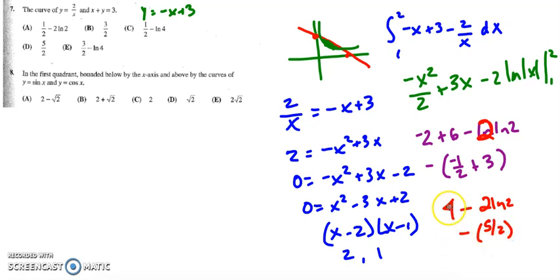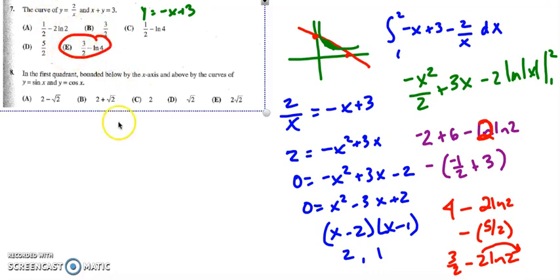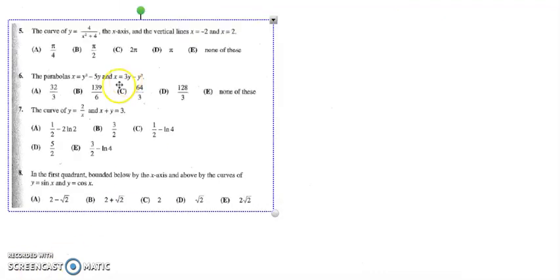So when I have 4 minus 5/2, I get 3/2 minus 2 ln of 2, which I'm hoping has an answer up here, and I see it because if I bring up the 2, I end up with 3/2 minus ln of 4, which is E. So let's go to another page to do